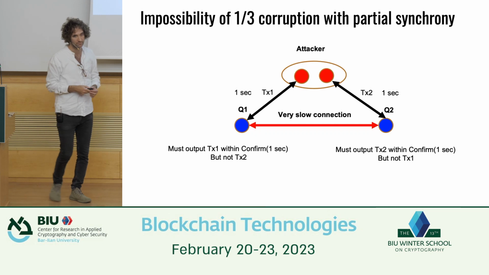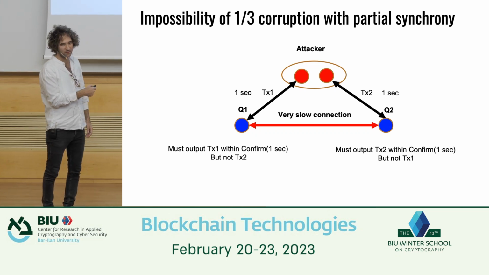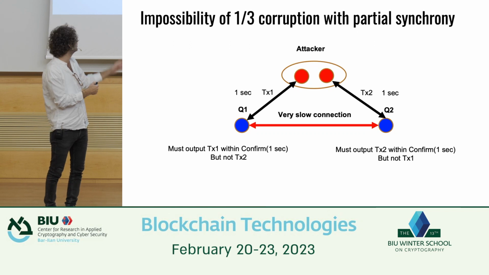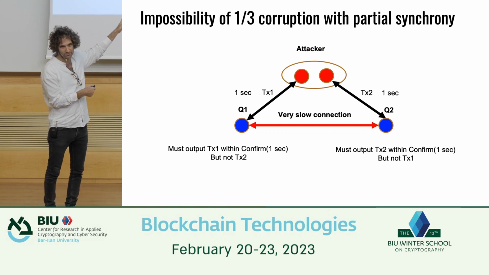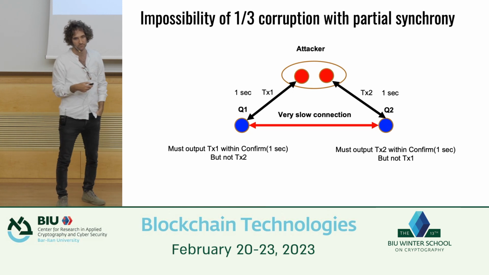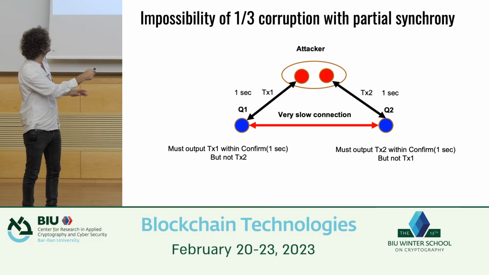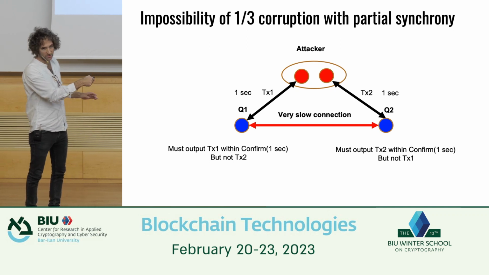So when on this arrow that says very slow connection, do we imply that there is another? What I mean by very slow here is anything that's longer than 1 second. So to formalize this, you put this. But this is not just a connection. This is somebody being in the middle. And no, there's no one in the middle. There's one dishonest guy here and 2 honest guys.